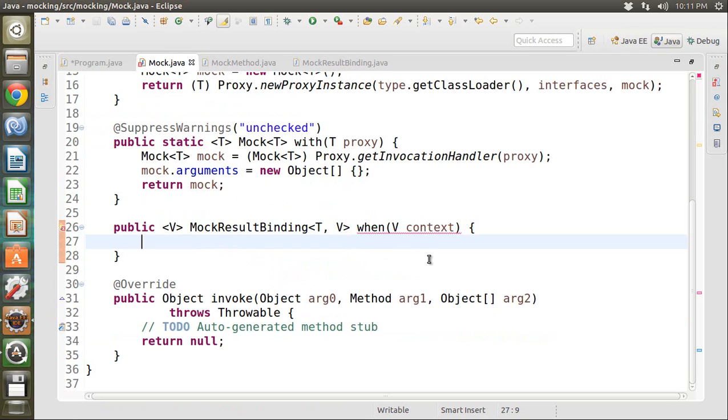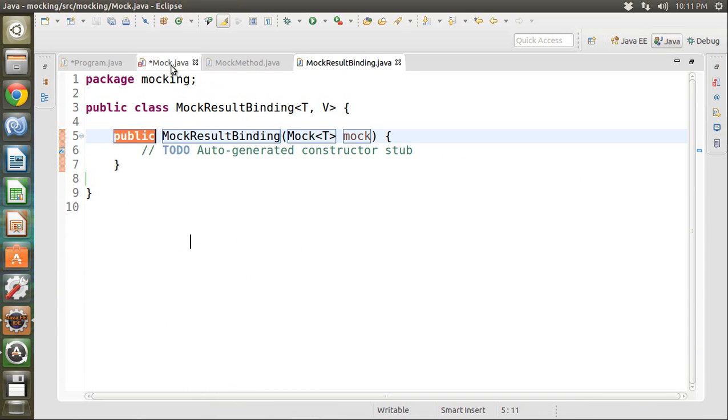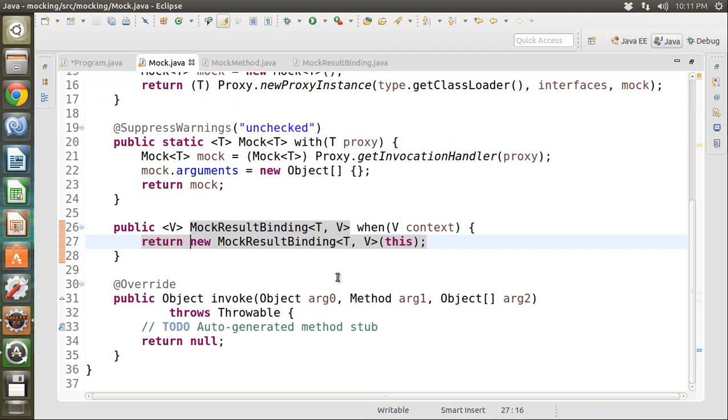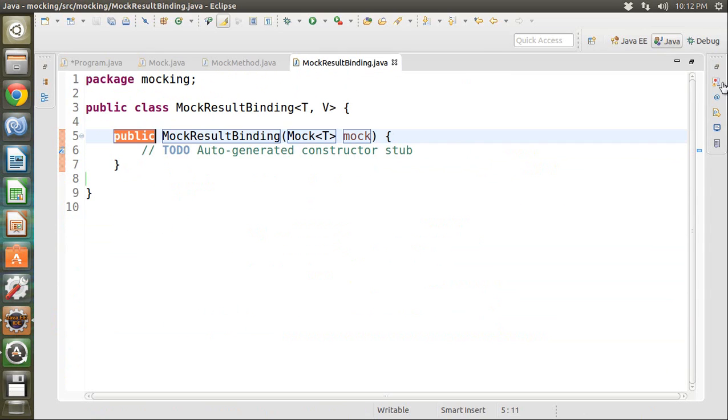Okay, so this is gonna be a simple method. I'm just returning a new mock result binding of type T and V. Okay, and I will provide this as the context of the binding. So I create a constructor in which my binding is receiving the context. So you should imagine that each time I do a when, I assign to a value what should be returned. And in my mock